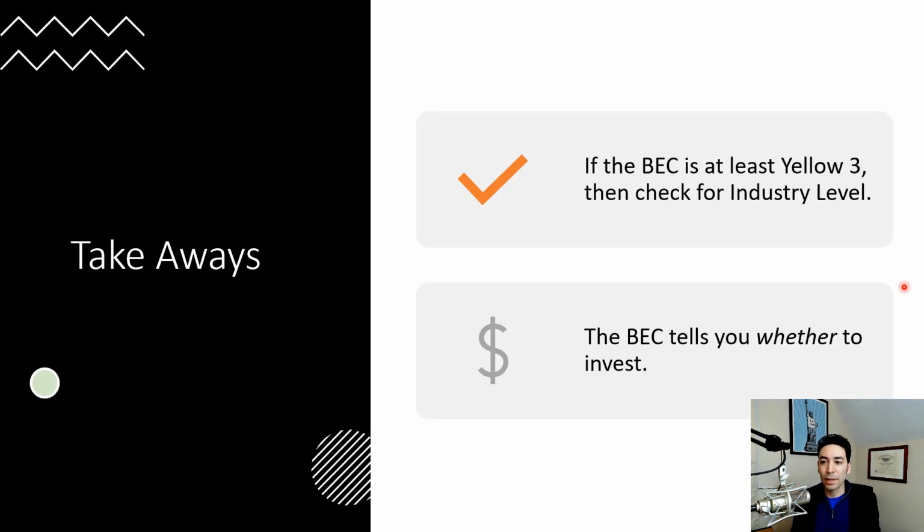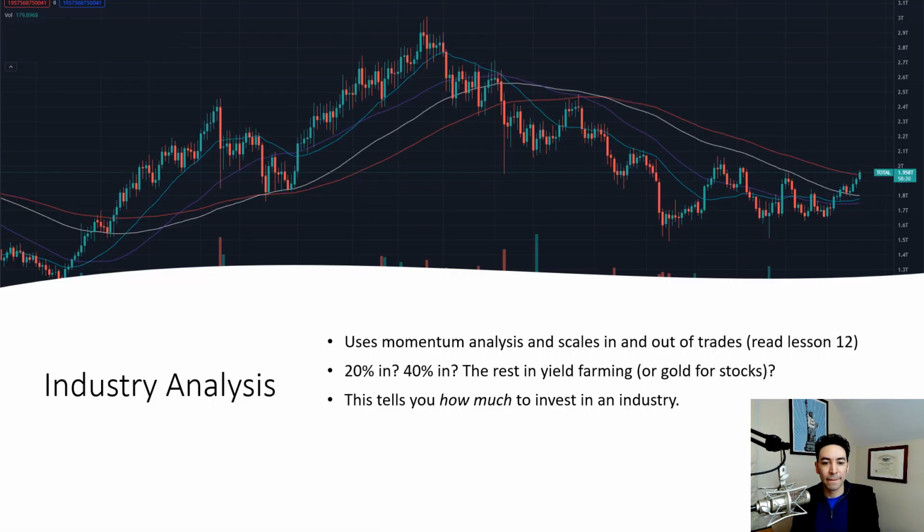All right, so the takeaway here is that if the BEC is at least a yellow 3, then check the industry level. What the BEC does is it tells you whether to invest, realistically. Okay. At an industry level, that's where you get something that looks like this, right? A bunch of lines, and you see me drop it. I'm like, what the heck am I doing here? Okay, at an industry level,